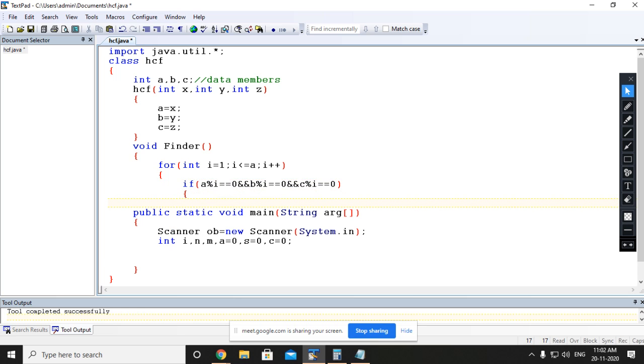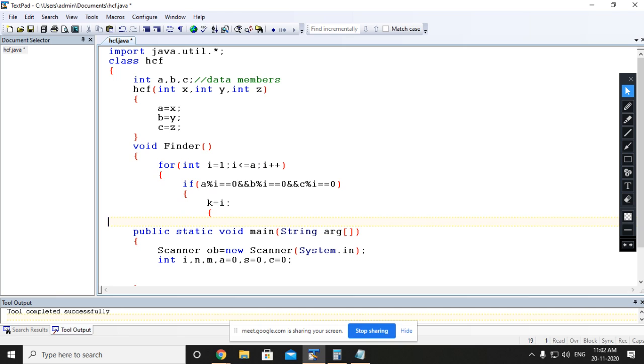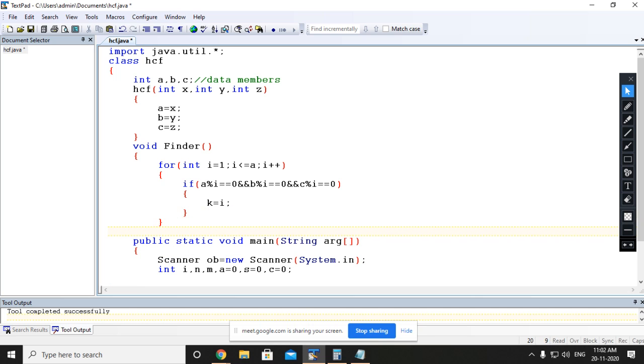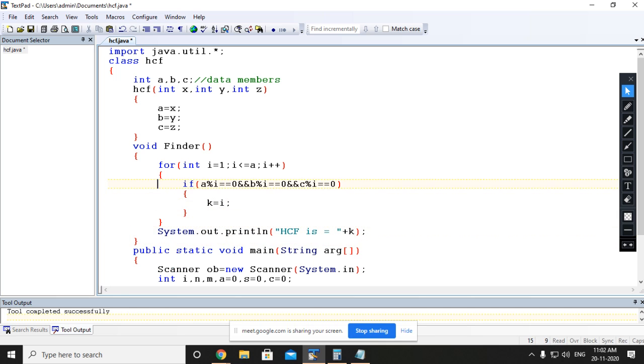So this is the basic working. Are you getting this? I hope everybody must be getting this. Now we need to declare the variable k.